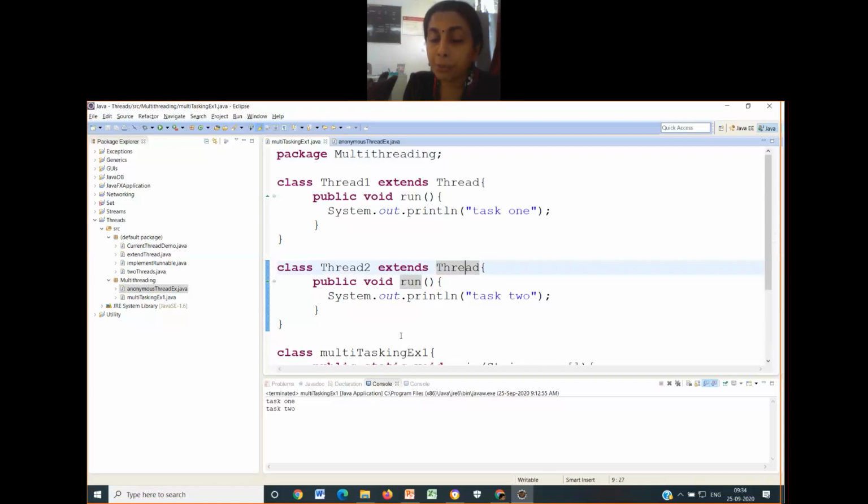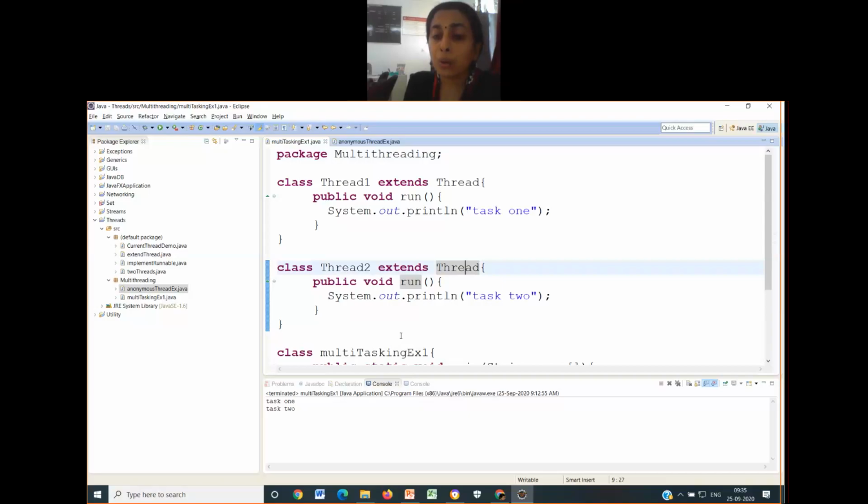But when you write implements Runnable, I am repeating these statements for those who have missed my previous class, you have to create an object of the Runnable interface. That object has to be passed as a parameter to the Thread constructor, which creates the thread object. Now using that thread object, you can do all the functionalities that you want on that thread.